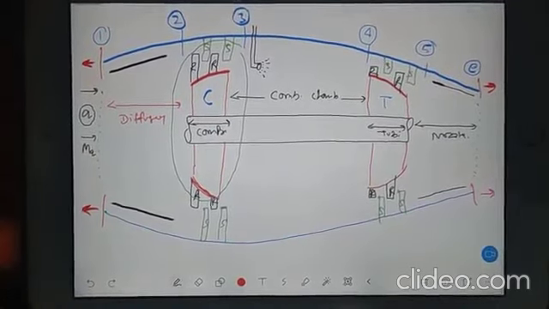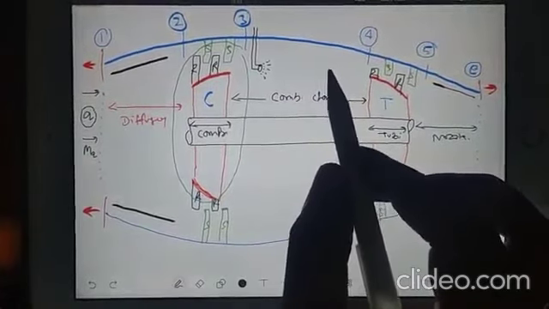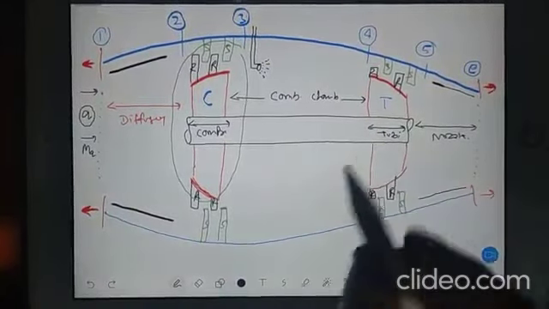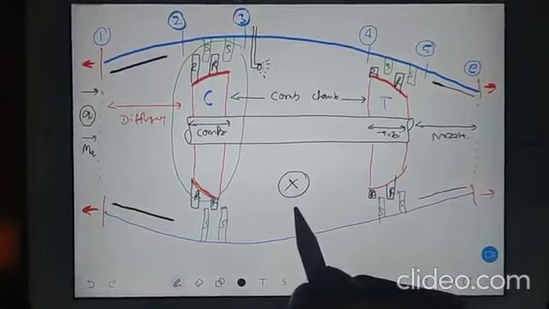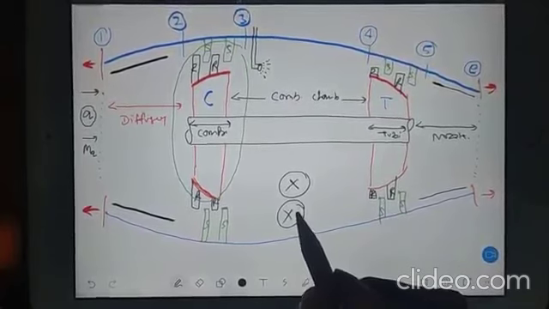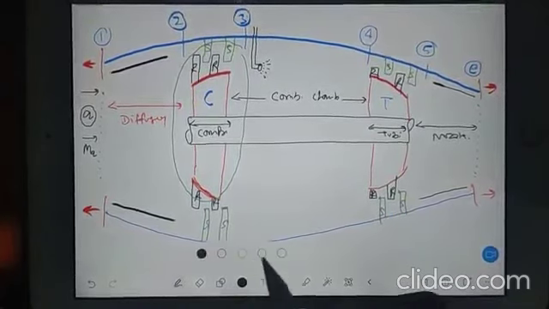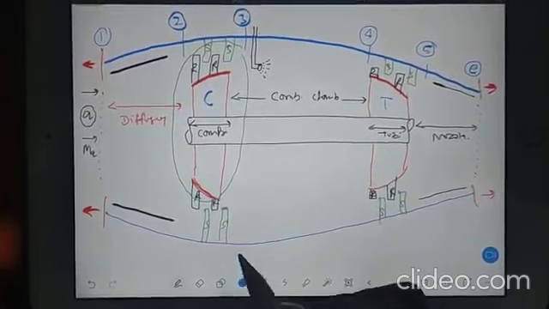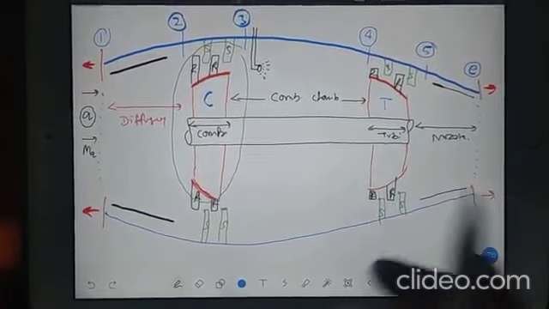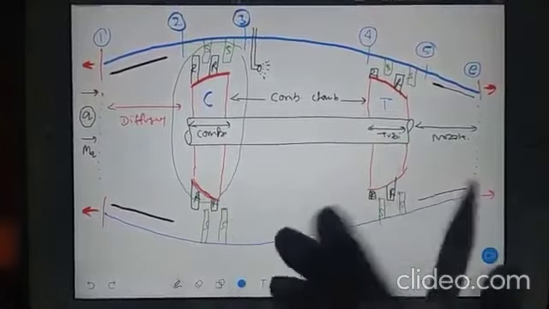See, what is the main reason why we don't put the compressor after the combustion chamber? Actually, the problem is that compressing hot air is very difficult, and compressing normal air is easy. That is the main logic. If you want to compress hot air, you have to put in more and more energy, and then your compressor needs to be stronger. So compressing hot air is difficult. That's why we put the compressor at the front.